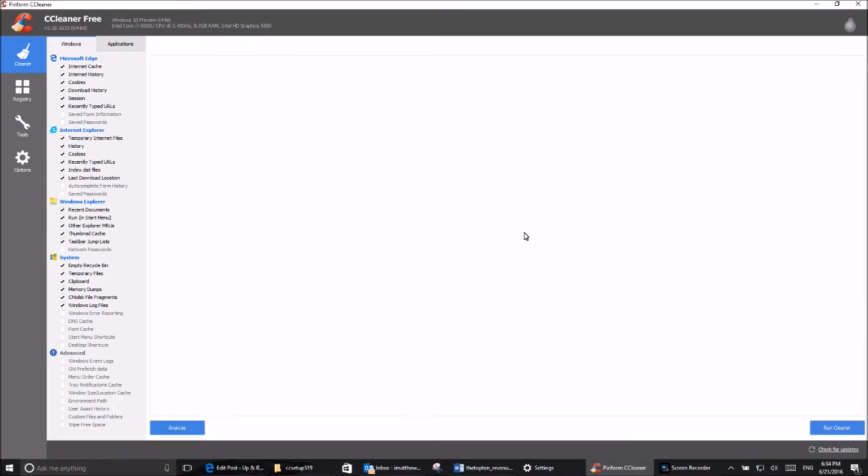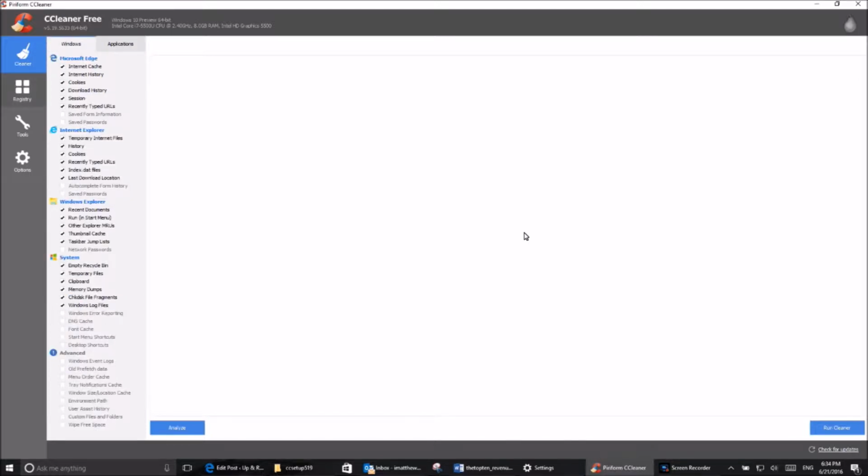Okay, here we are with CCleaner Free Edition. You can see in the top here I'm using a preview version of Windows 10. I'm running a July or June 2016 build, and we'll run through this and show you that this is working just fine. So this program comes in with 4 different sections: the cleaner, which is just clearing up free space